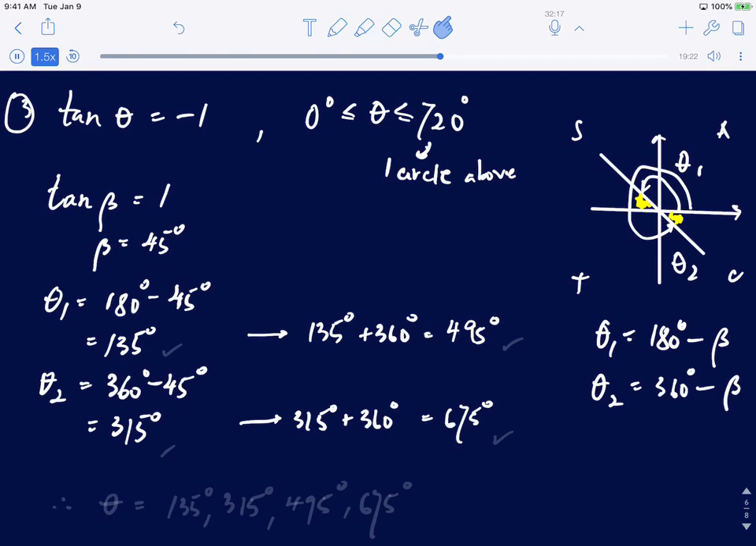And one last check that it all fits. 135 is in the domain, 495 is, 675, and 315. So the theta is in order. We have 135,